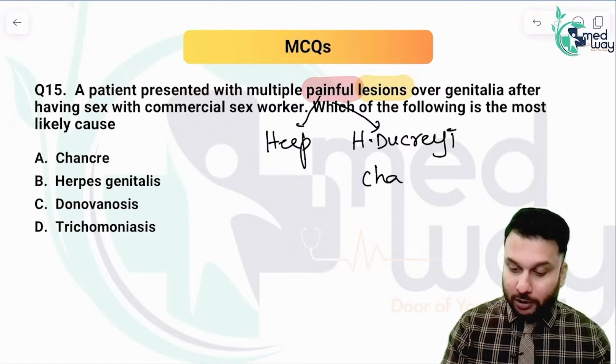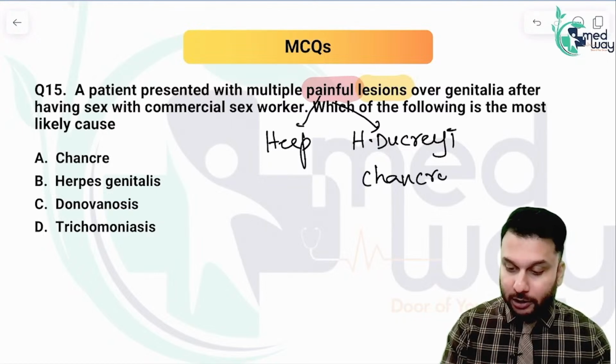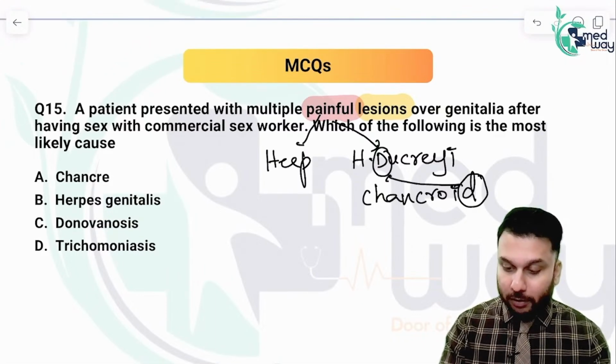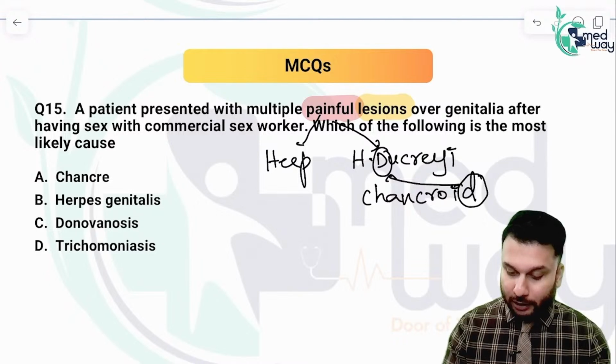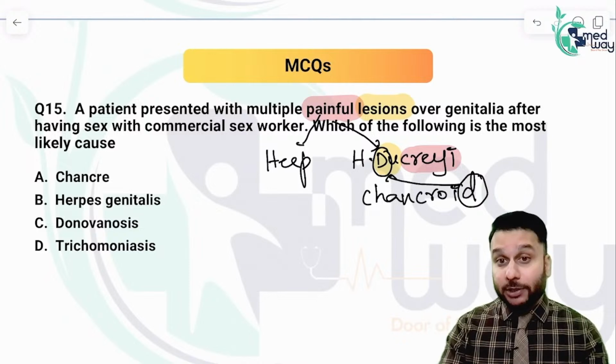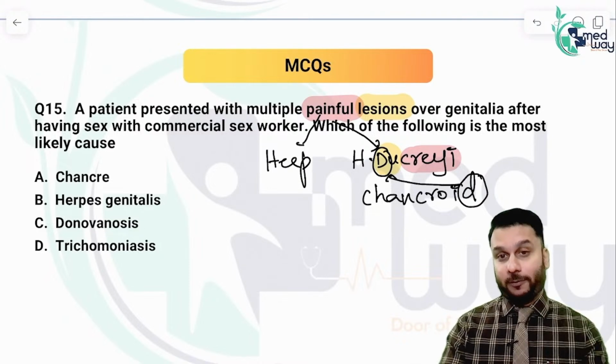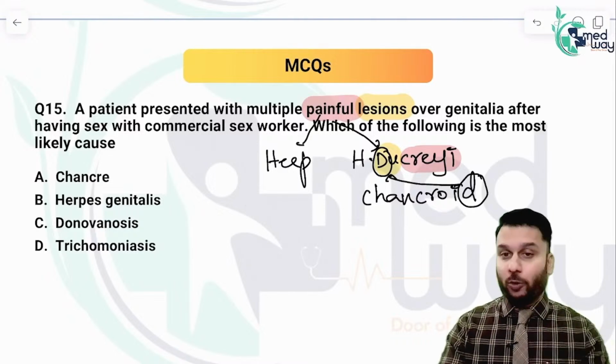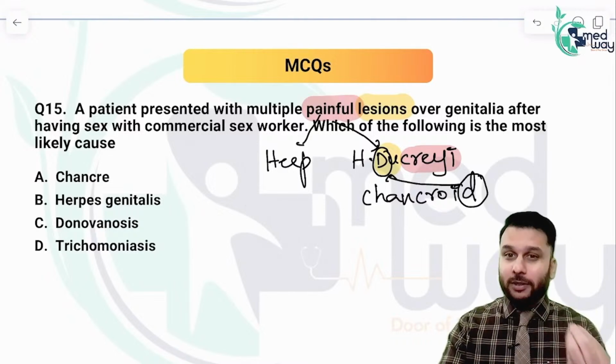And this is the mnemonic I usually teach. If you remember, chancroid has a D. D for ducreyi, and pronounce this word like this: patients do cry. Why do the patients cry? Because it is painful. So in multiple painful lesions, these were the only two options,